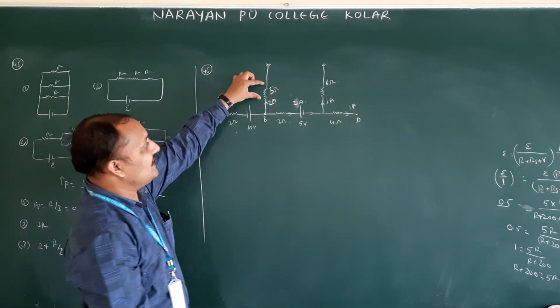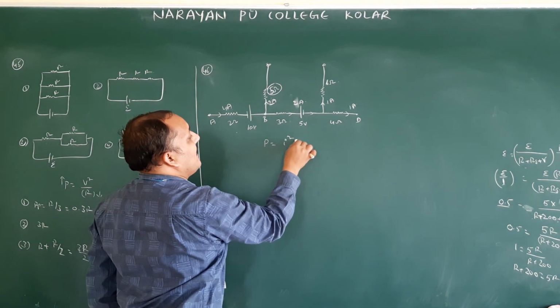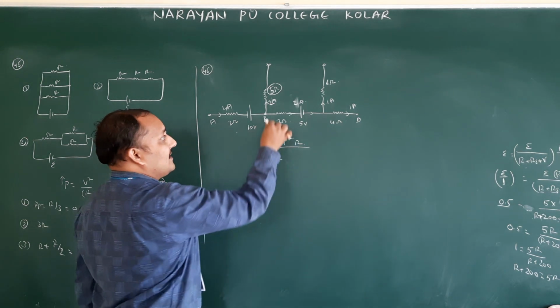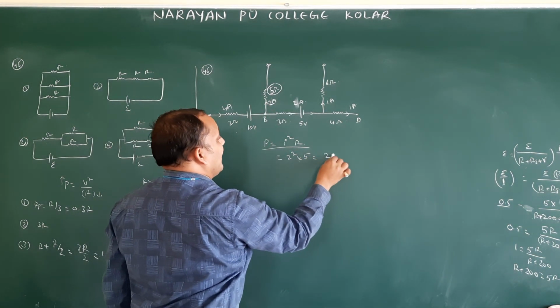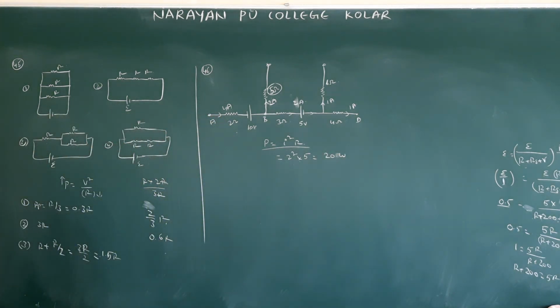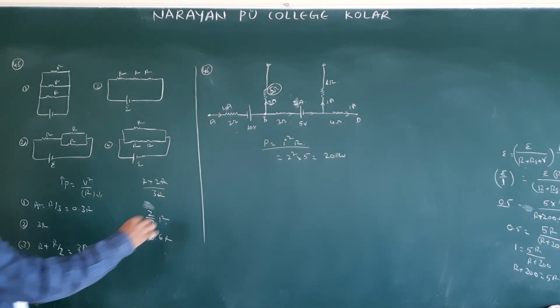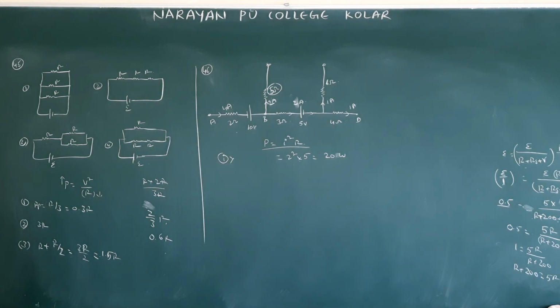Now what is the power in this? They are asking power in the 5 ohm resistance. P is equal to I square R, this is the power equation. I value how much? 2. 2 square into R value 5, 4 into 5, 20 watts. But they gave power in 5 ohms as 5 watts. Therefore, the first one is not correct. First one is not correct means already 3 options have the first one. Therefore, the answer is the fourth option. Even if you didn't solve it, you will get the answer. But how to solve that one, we will see.